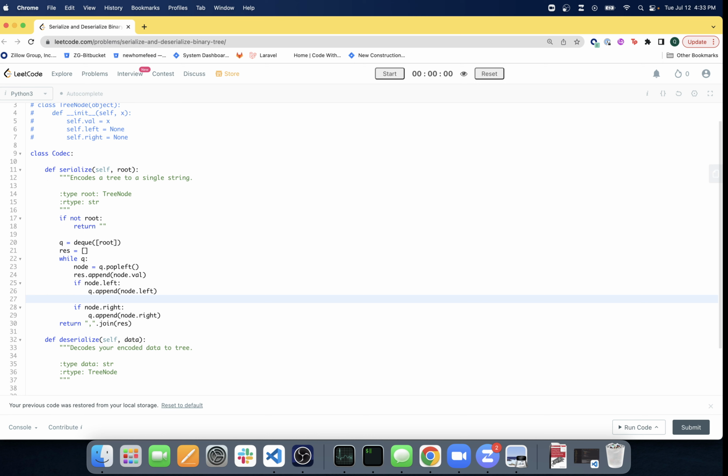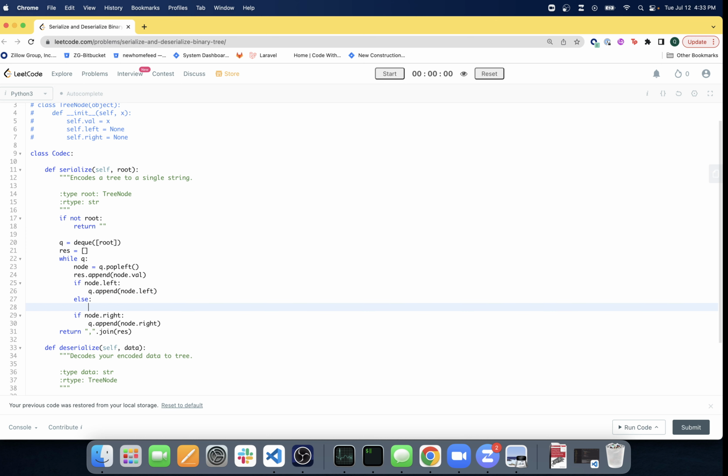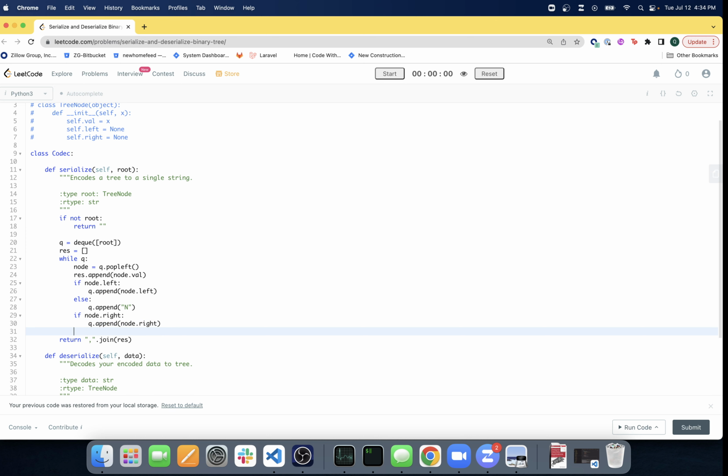So if there's no node.left, then queue.append an N for null, and if there's no node.right,